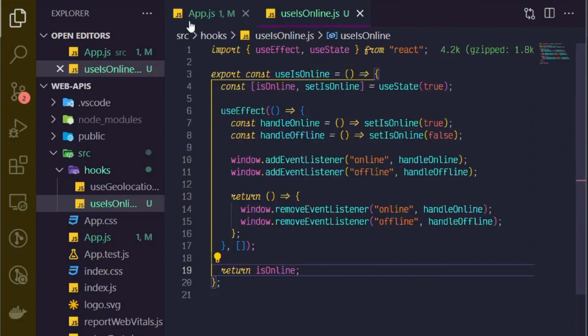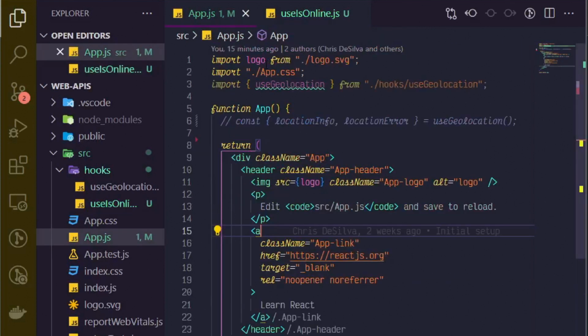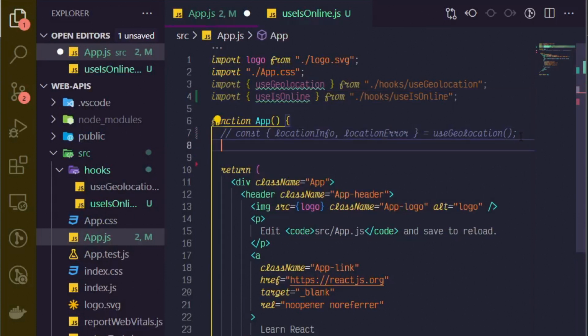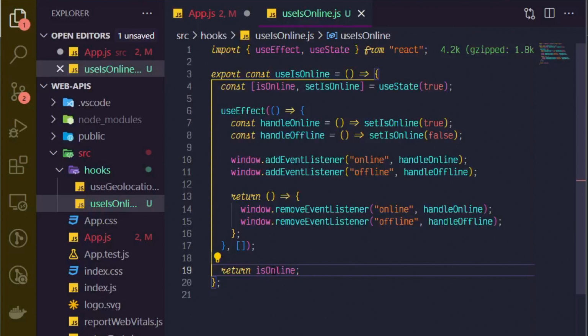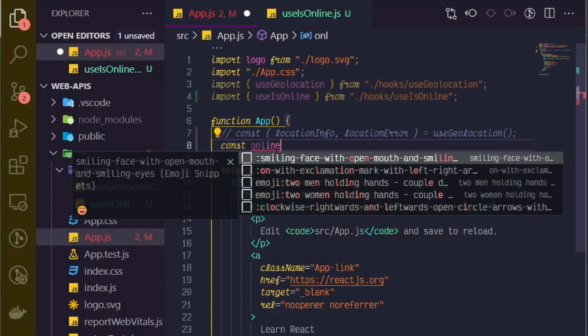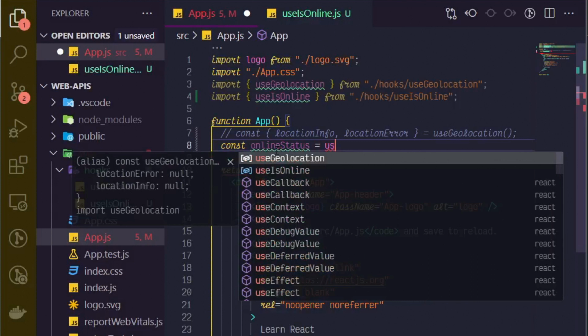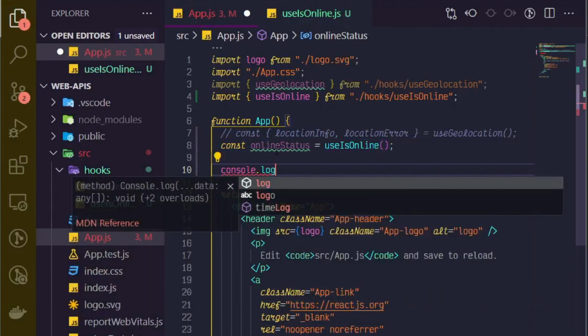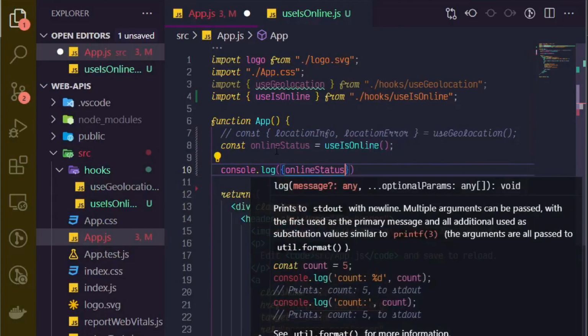So let's see what this looks like in action. If we go over to app.js, you can see our old useGeolocation hook was used here before. We can import useIsOnline. And then because all we're doing is returning the Boolean, the isOnline, we could call this whatever we want. So we could say online status equals useIsOnline, and then console log online status